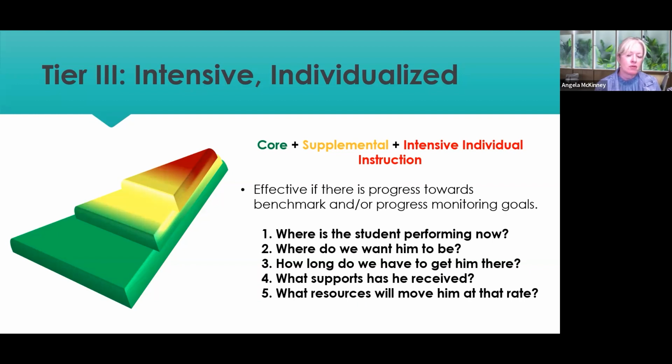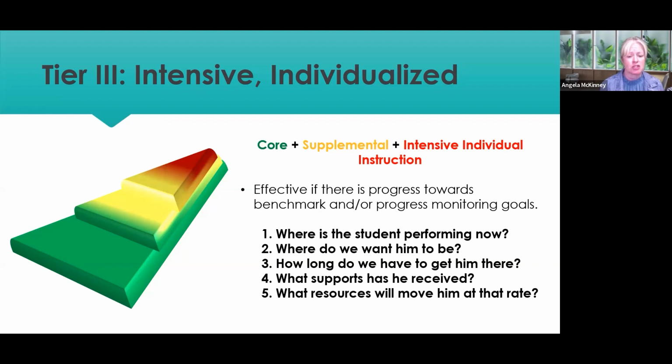So whether you're in tier 2 or tier 3 as far as providing supports really doesn't matter. I mean, it's kind of arbitrary. It's more about, if that wasn't enough, let's do something else. Let's do something different, more, whatever. Now with tier 3, this is kind of the place where, when you feel like things have gotten very intensive for a student, we need to have a meeting on the student. We need to make sure that even though we were trying to use a whole child lens before, at this point, if what we did for tier 2 was not enough, we've got to take a deliberate look at what's going on with the whole picture with the student.